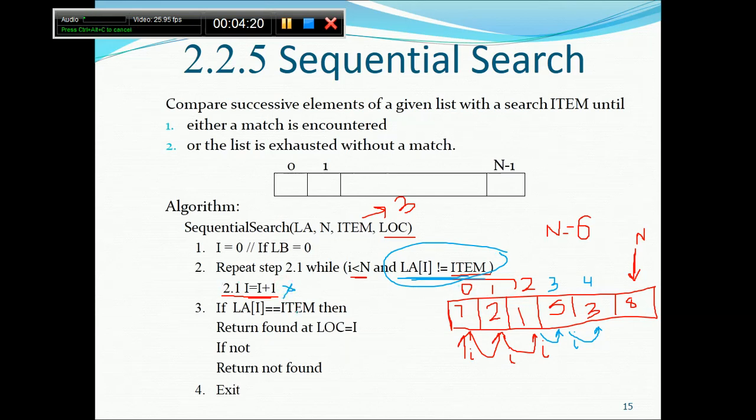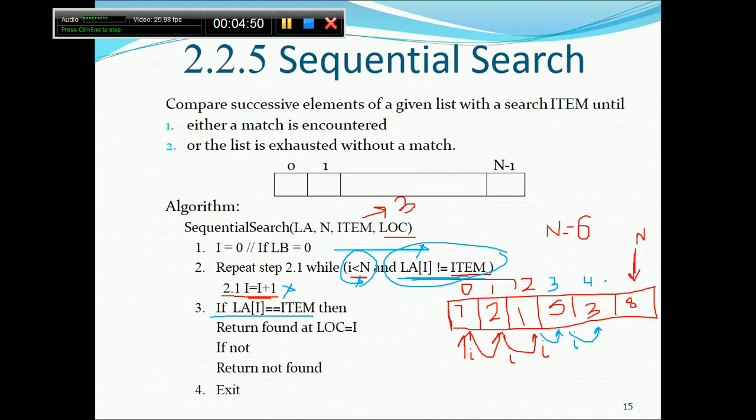So it will check again, because we don't know whether this time the loop has been terminated because of this condition or that condition. Suppose your array has been exhausted and the loop has been terminated because of that part; in this case the element will not be equal to the item.